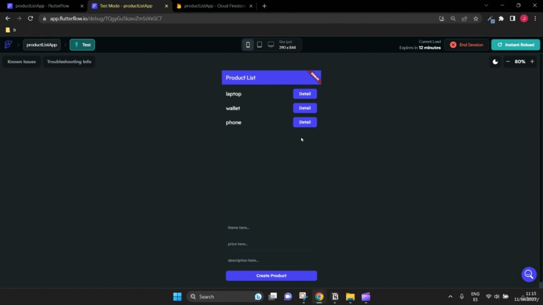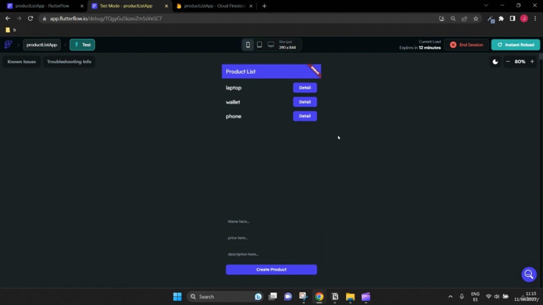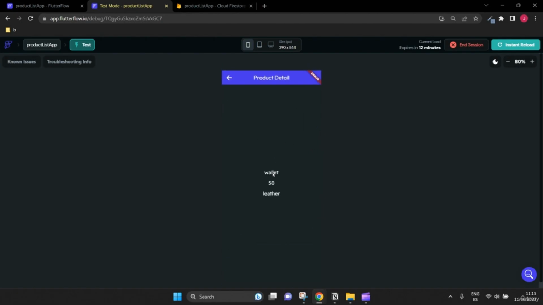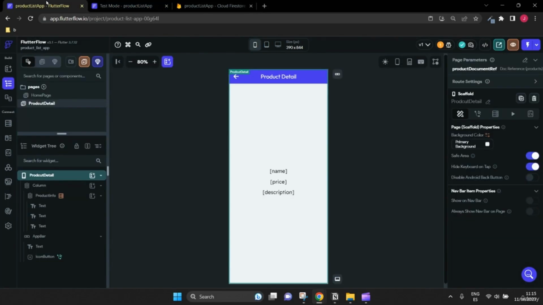Okay, so for the next video, we're going to actually implement a function so that the user can update. So when the user goes here, they have the option to update this information, okay, with an update button. So let's go ahead and do that in the next video. All right, so let's go ahead and do that. So let's go to our project